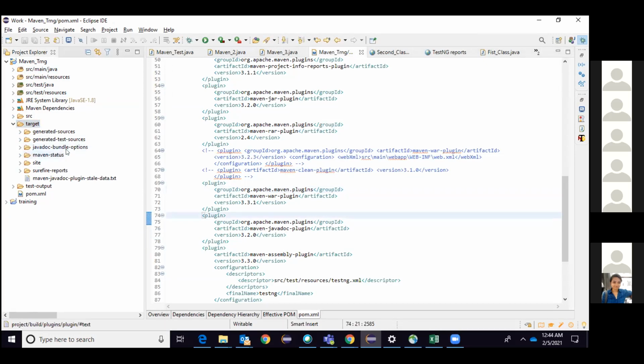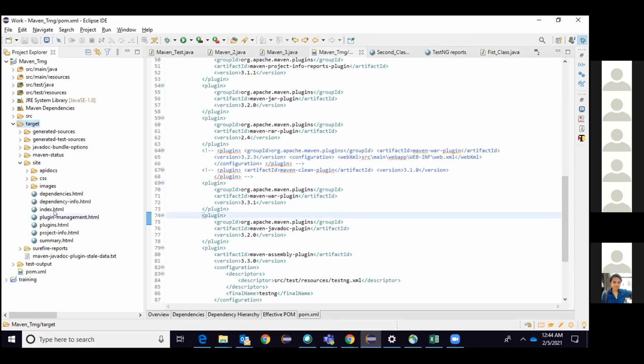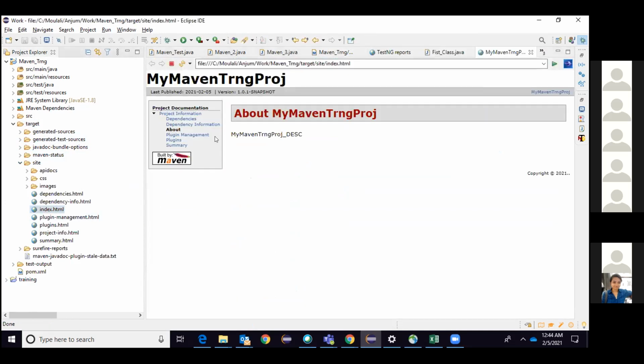It will generate one more folder called apidocs, in the similar way to how the site has been generated. That's the source information it will provide.